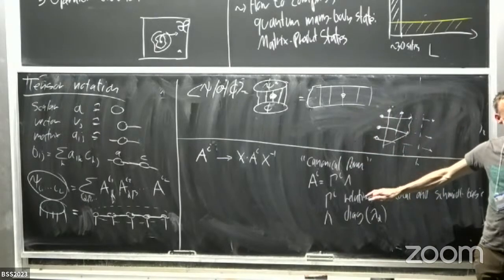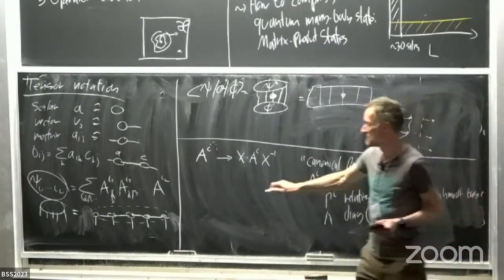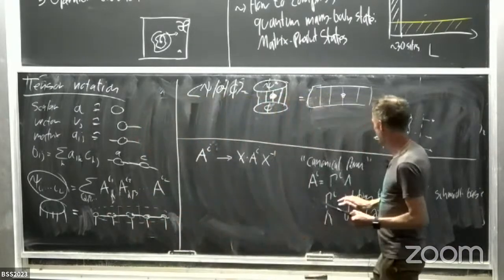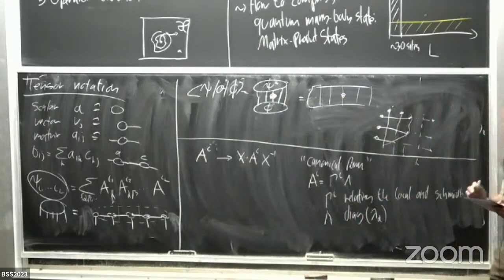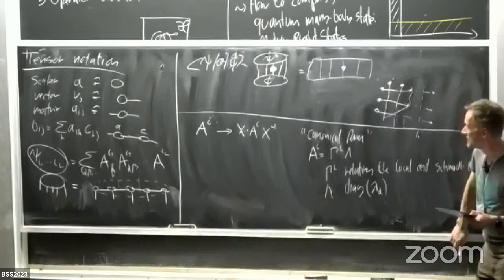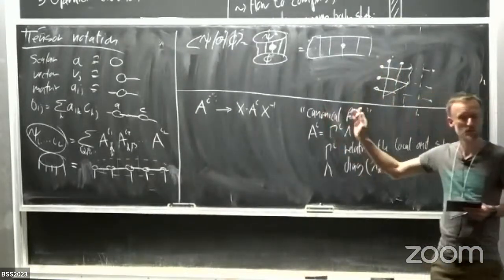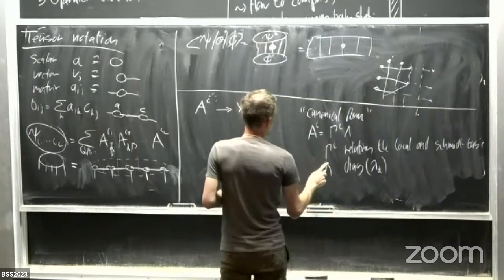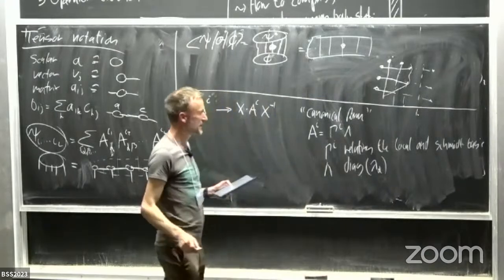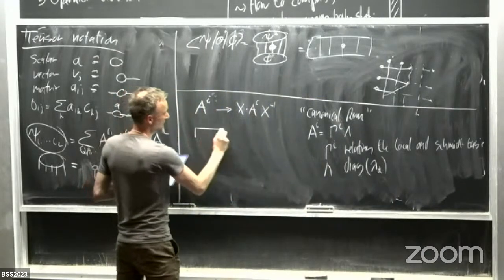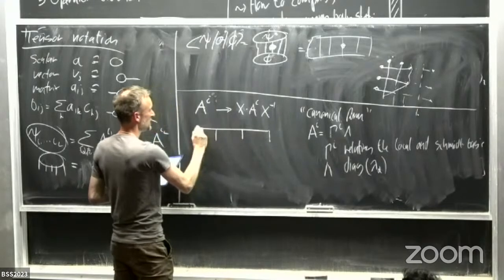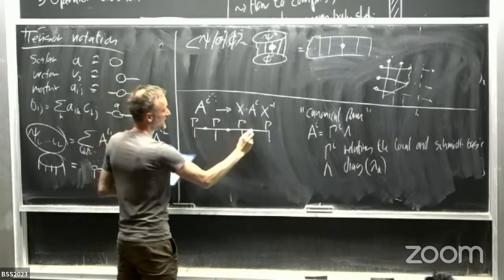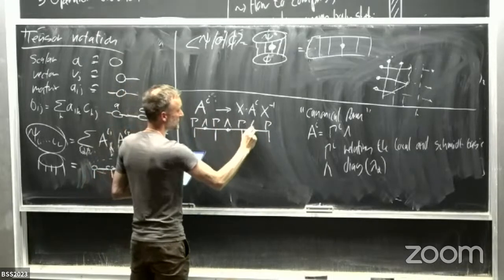It's not hard to see that every MPS can be brought into this form by simply doing successive Schmidt decompositions from left to right. But this is a form that we find very convenient, for the following reason. Because we remember from the discussion before that the Schmidt states are orthogonal. Now if we have our MPS given in this canonical form, right? So now our MPS looks like this. We have our tensors Gamma, and on the diagonal we have our Schmidt values Lambda.